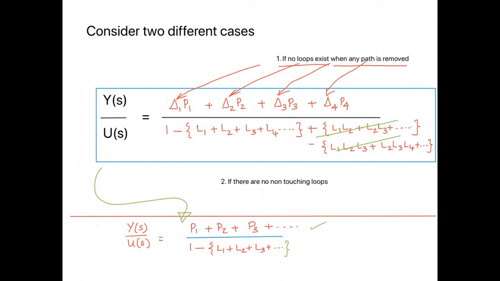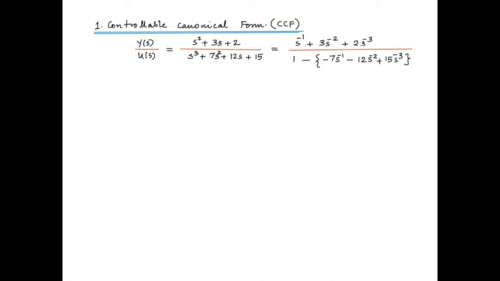And this idea is utilized in order to obtain the signal flow graph for the state model representation. This is because if you go with delta i's, there can be different combinations of signal flow graphs that can be obtained. And let us see how this can be used. Here we are trying to obtain the first form of state model, which is called the controllable canonical form. It is also called phase variable form. So this is obtained when the transfer function is given.